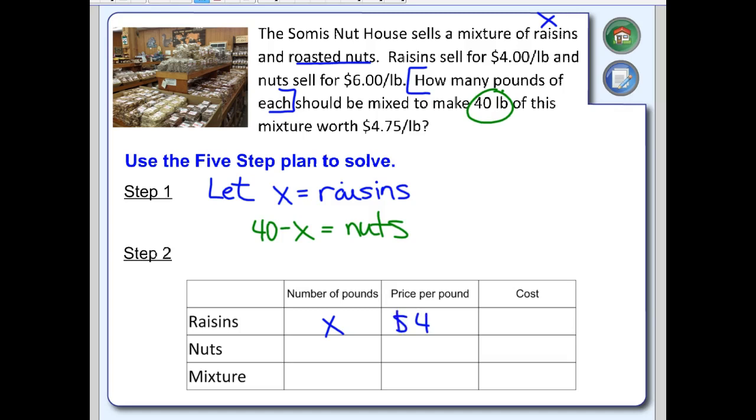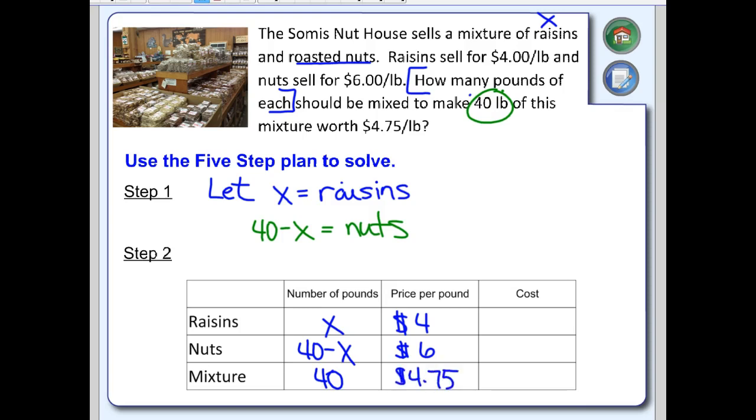$4. Now I'm not going to put the decimals in because it's 4.00, so we really don't need it. If I look at nuts, how do we find our number of pounds of nuts? Well, we go back and look at our let statements, and that was 40 minus x, and our price of nuts per pound is $6. Now, if we look at our mixture, what's our number of pounds? Remember it said we're going to mix to make 40 pounds. So we're going to make this a 40, and after we make our new trail mix, we're going to sell it for